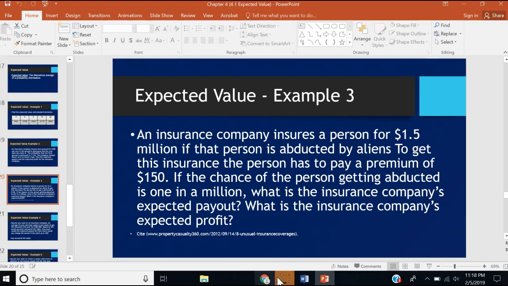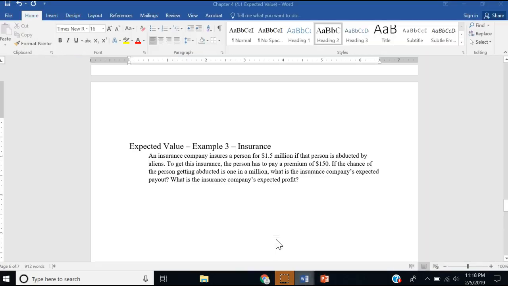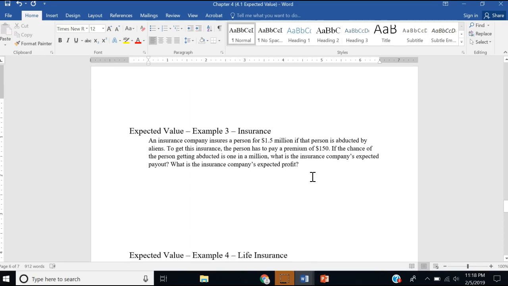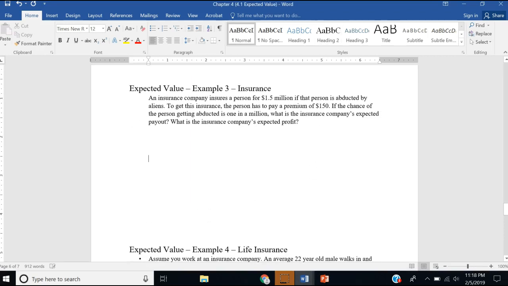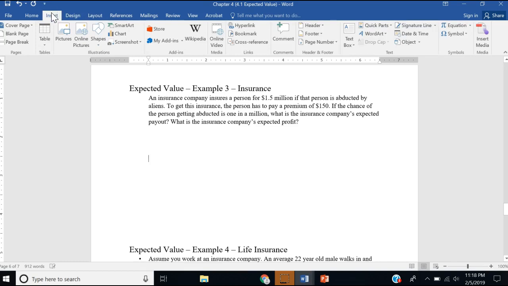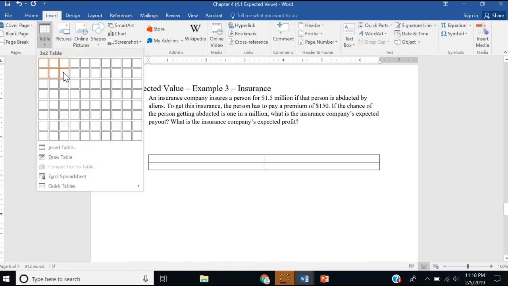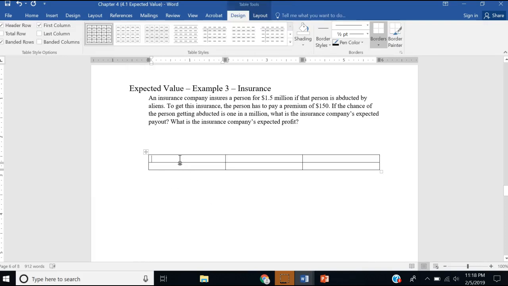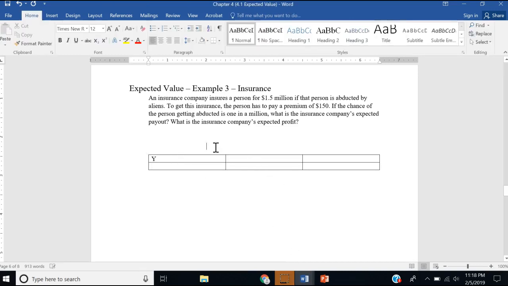All right, so let's create our probability distribution. Our probability distribution is going to look like this. We're going to create a table. And again, there's not very many scenarios here as far as payout goes. We're only going to have 2 options. You're either going to be abducted,